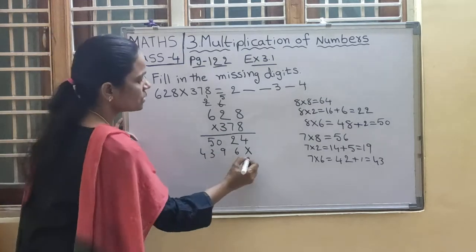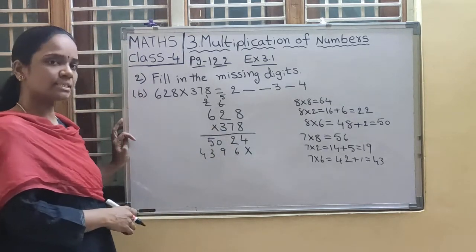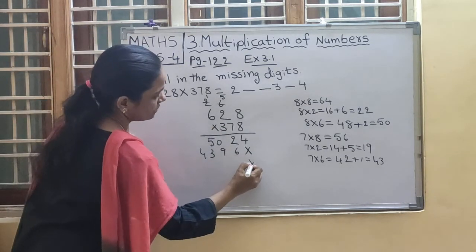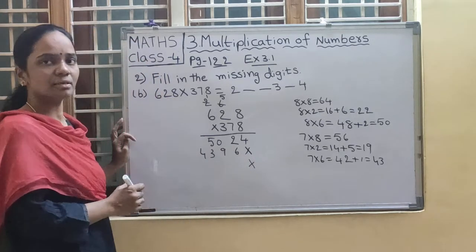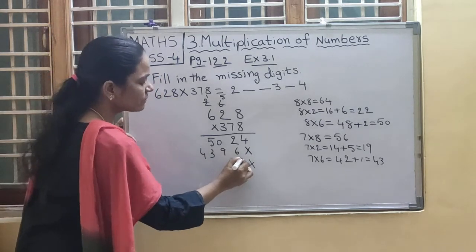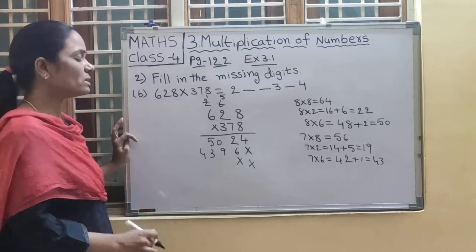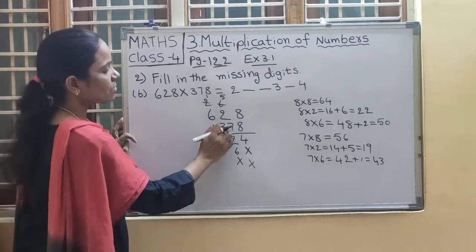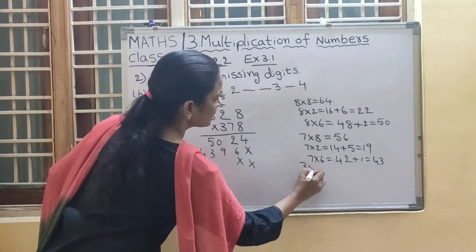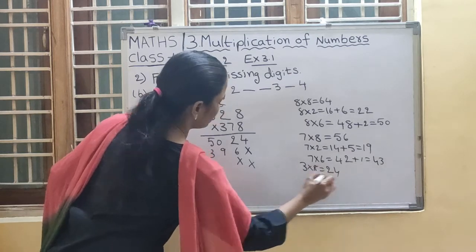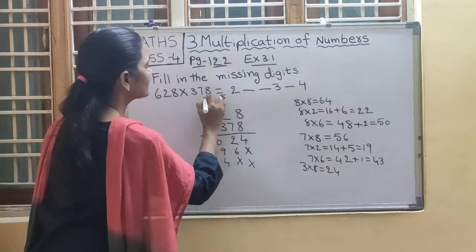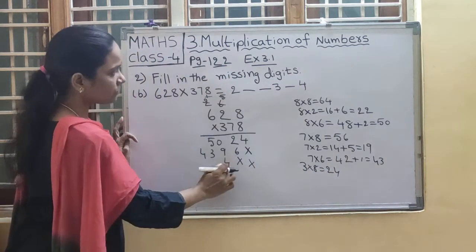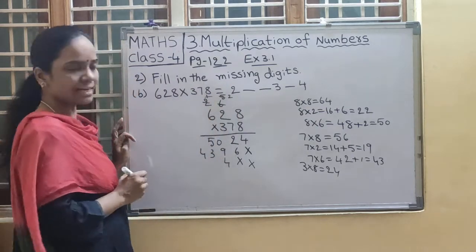Okay, children? So we are doing with the hundreds place digit. For ones place put multiplication symbol into, and for tens place also into, start with the hundreds place. Now 3 8s are how much? 3 8s are 24. So 4 right here, cut these carries. Okay, 3 8s are 24, 4 right here and 2 is the carry.